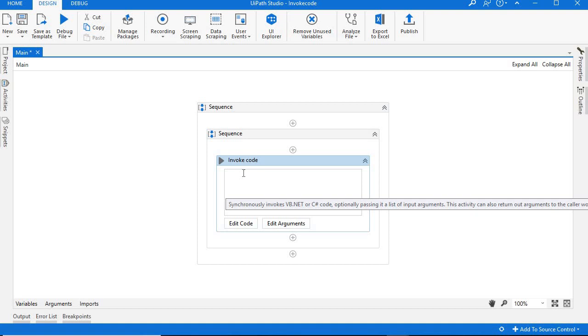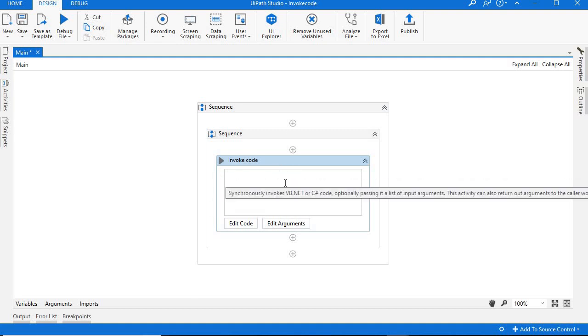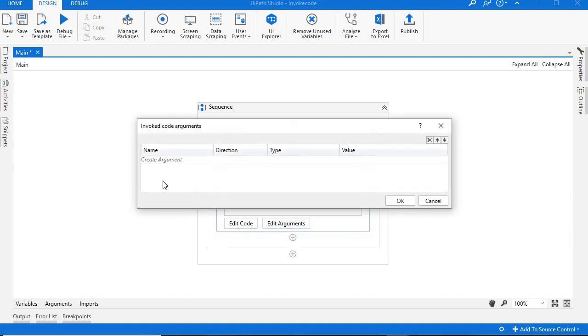Using this activity, you can specify exactly what code to be executed and what arguments to be passed to and from the activity. So you can directly put VB.NET code in this invoke code activity, and you can pass your variable as edit arguments.